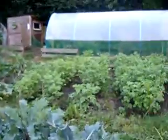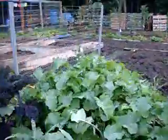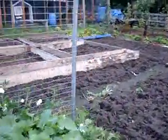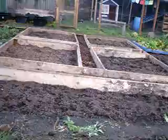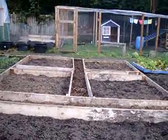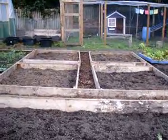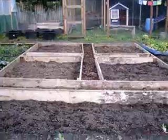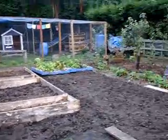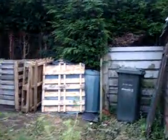So obviously this is our allotment, as you know. I just wanted to show you a couple of things we've been doing. We've been building a potager. Haven't got anything in it at the minute. I'm going to put some garlic, onions, purple sprout and broccoli and some kale to go through the winter. So that's one. And then the other thing we've been doing is we've been